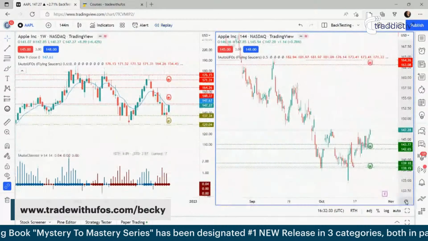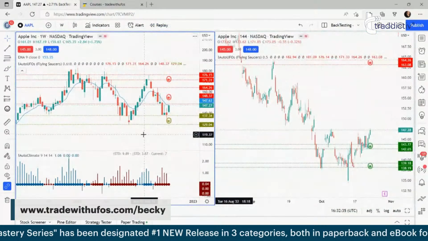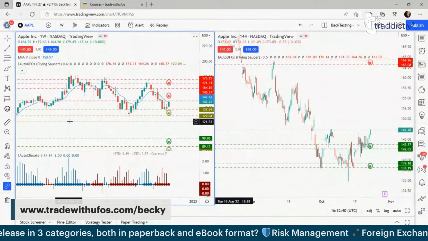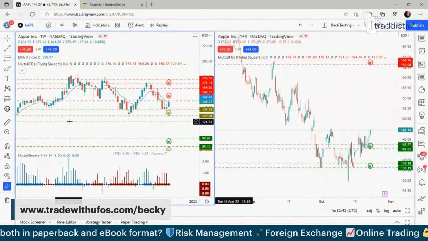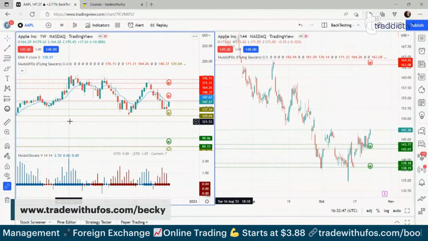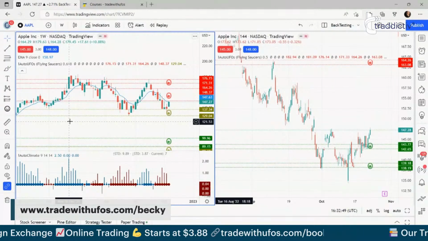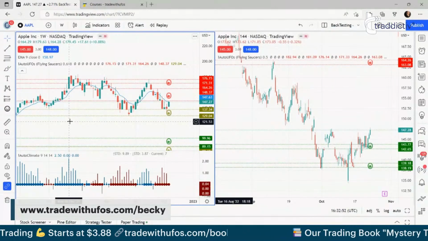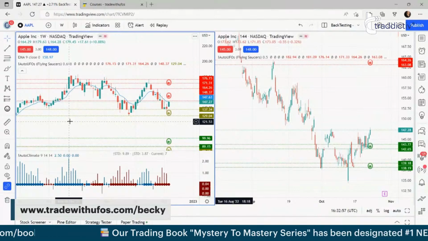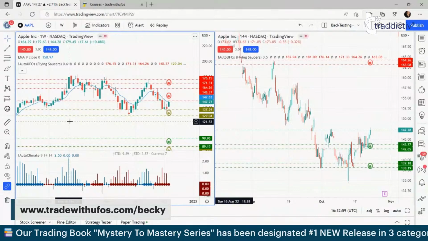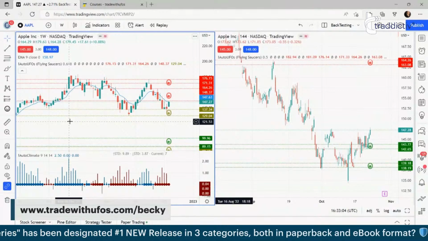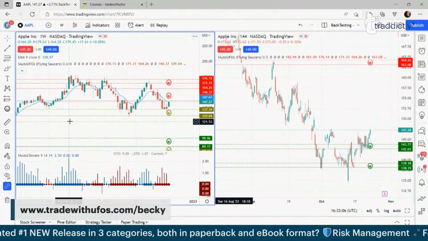Okay, so I'm going to start with the weekly because I think that makes sense to do. And we're going to assume, if we're on these kind of time frames, that we might want a year's worth of data. Now, I would say absolute bare minimum 30 trades. I would never backtest something for 30 trades, put it that way. For me, absolute bare minimum is 100. Statistically speaking, 30 is enough for you to start getting an idea, but I would say bare minimum 100 trades.